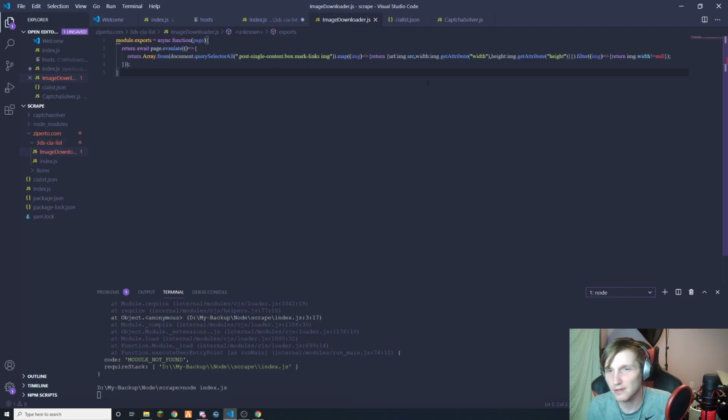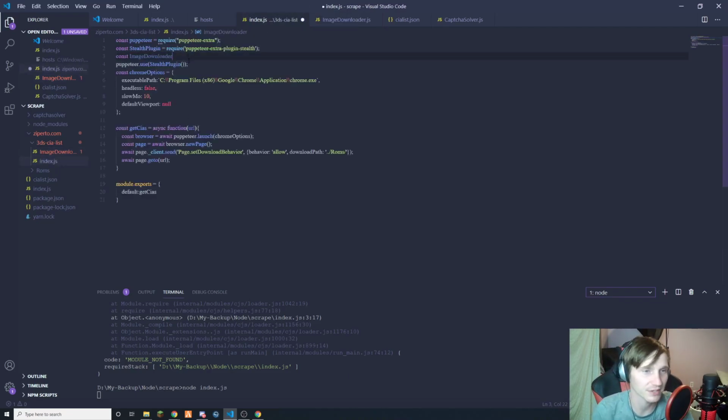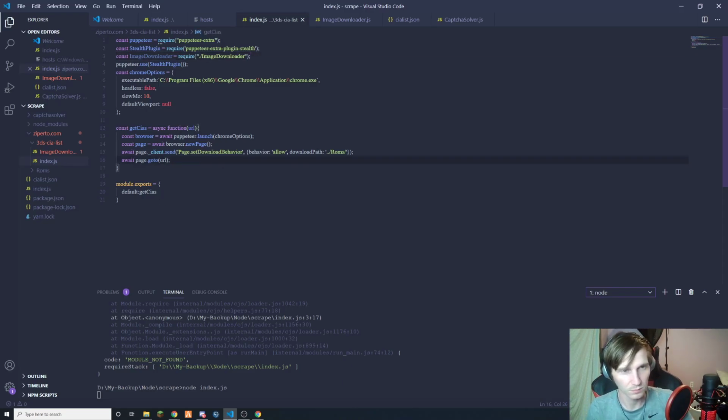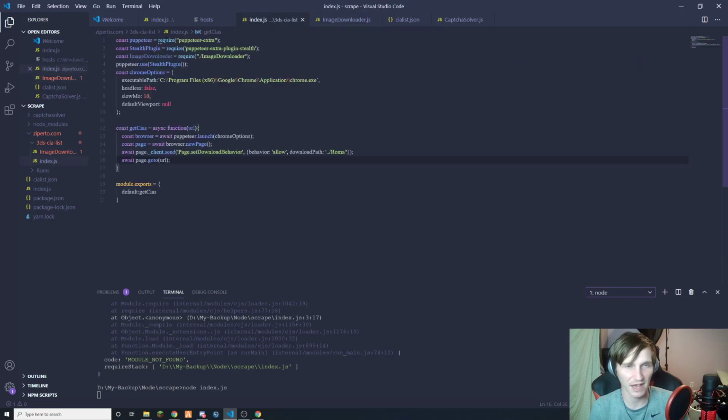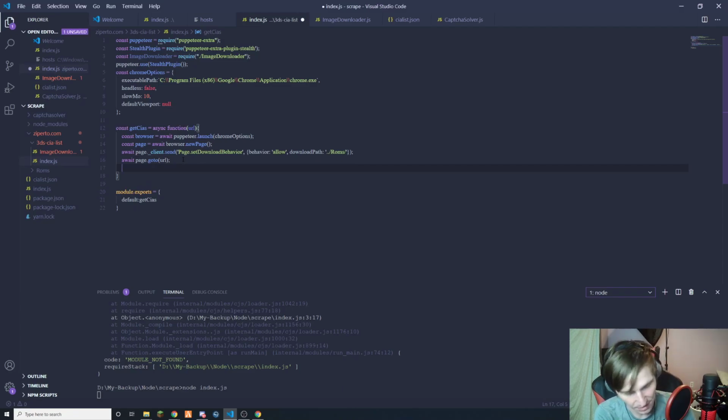So this, I want to get this to work. Let's see if we can get this to work. I'm just going to include it. Image downloader is equal to require image. Is it image downloader? There we go. I'm not worried right now about organization. I can organize this in a minute. Let's just get proofs of concept working. So if image downloader is the right thing, and it is an async function, that means I can await for those images. So I can say